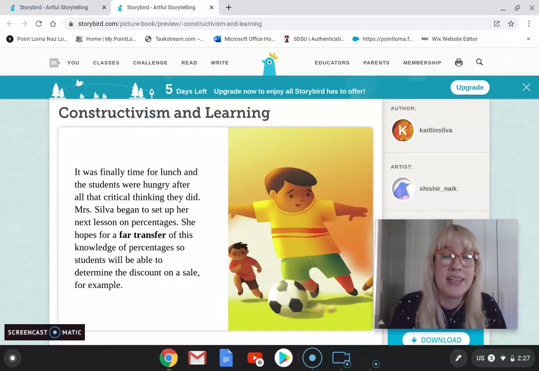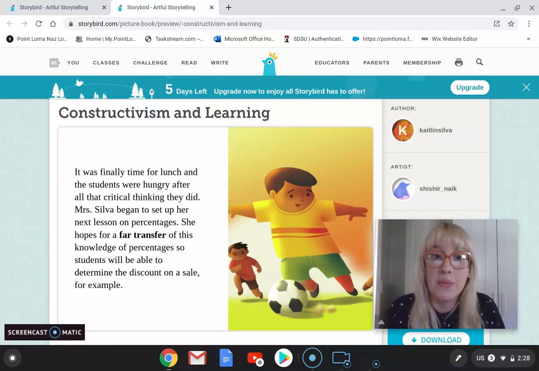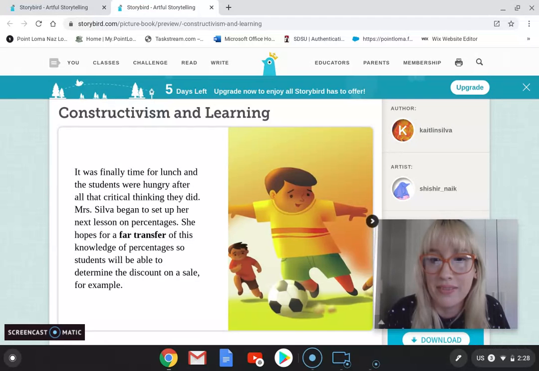So Mrs. Silva wanted to implement a far transfer strategy, and so she began to set up her next lesson on percentages. And she really wanted her students to be able to transfer this knowledge of percentages to the real world, to totally different circumstances. For example, being able to determine the discount on a sale, which Mrs. Silva, by the way, did not even really know how to do until later on in life, was not adequately